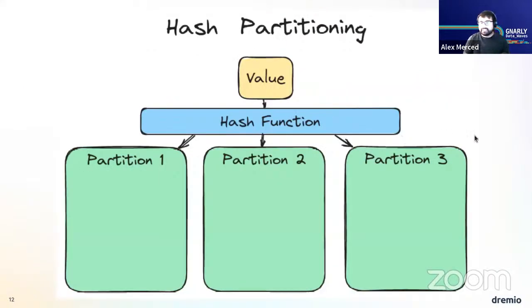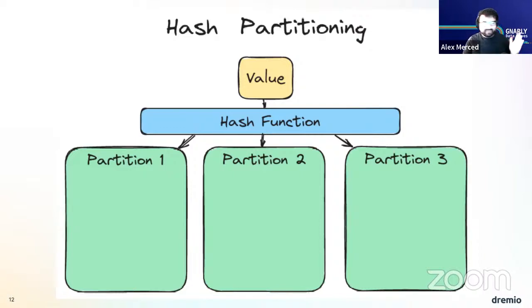Then there's hash partitioning. If you use something like bucketing in Iceberg, where they have this bucket transform, essentially that's what this is doing. When you use the bucket transform in Iceberg, you name an arbitrary number of buckets. You say, hey, I would like all my data split across 20 buckets. And it's going to use a hash function to evenly distribute the values in a particular column that it's bucketing by across these different partitions.